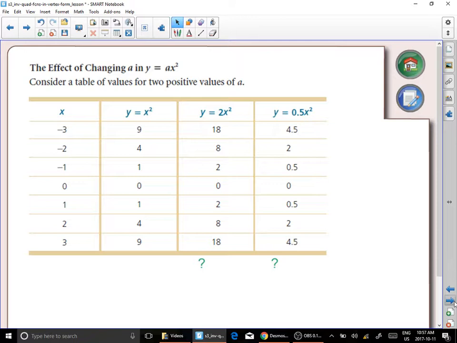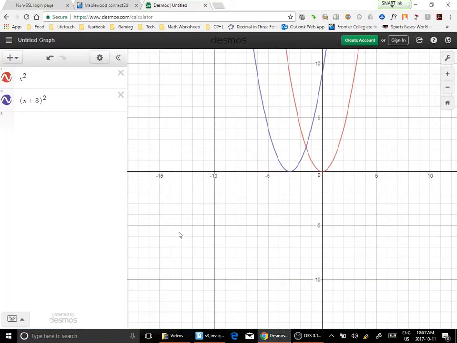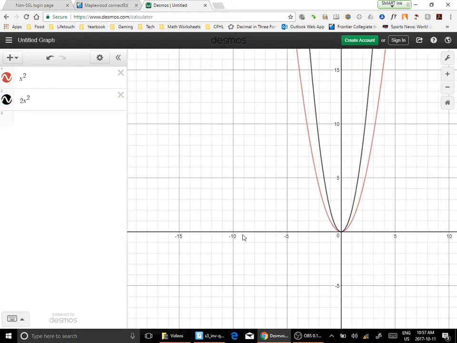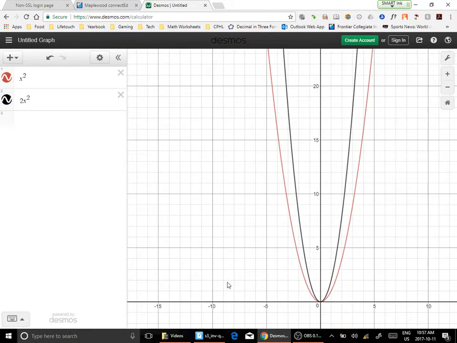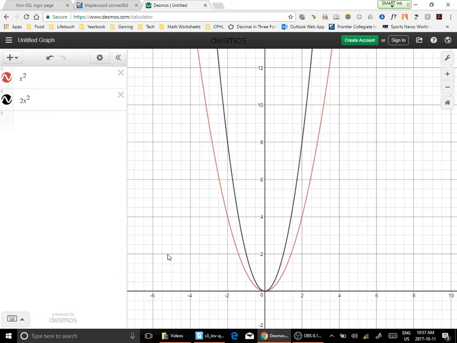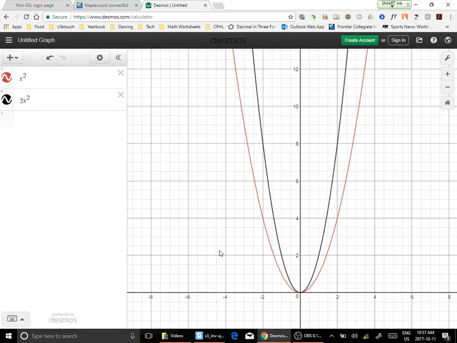Now, what does that mean when we're taking a look at the actual graph itself? Well, like if I typed in 2x squared, what's the graph going to look like? So what do I do with the red graph to get the black graph? It gets narrower. Okay. So really what happens is